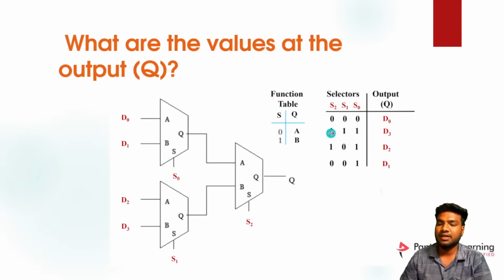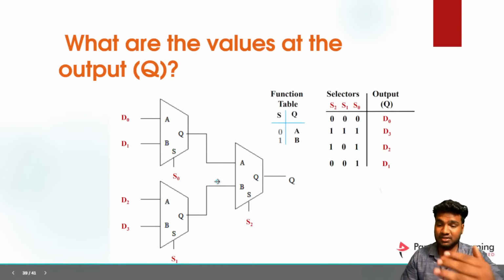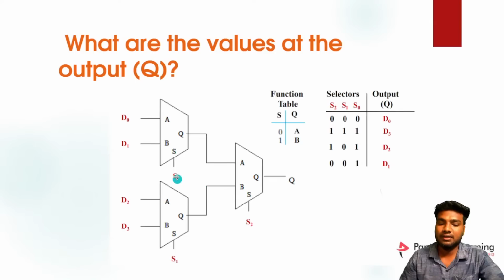If the selection line is 1 1 1, it will select this. If the selection line is 1 0 1, it will select this. So if the selection line is 0 0 1, it will select this D1 as the output. So by using the 2x1 mux we can make a 4x1 mux, and also we can make an 8x1